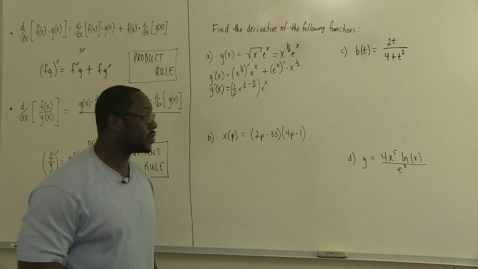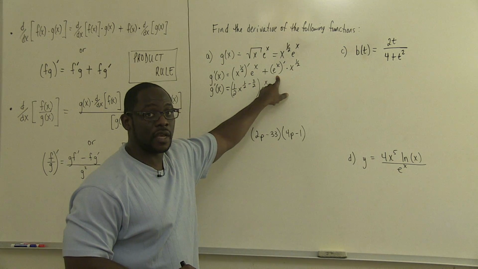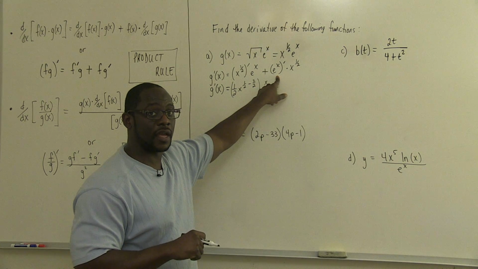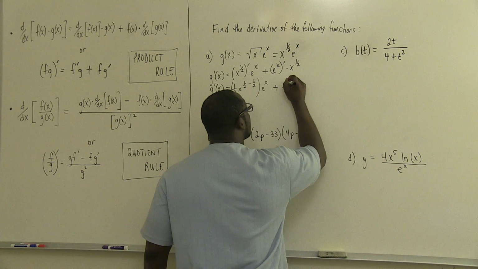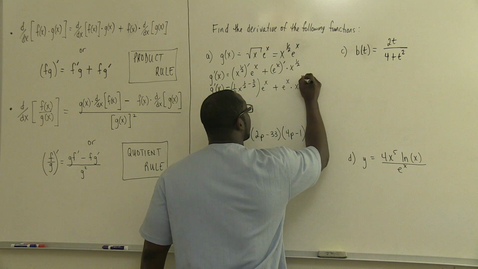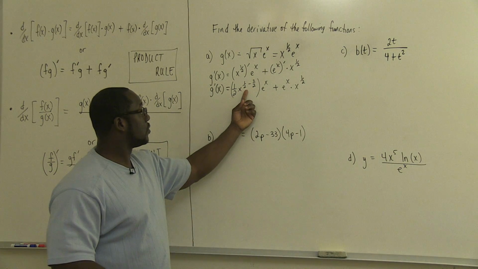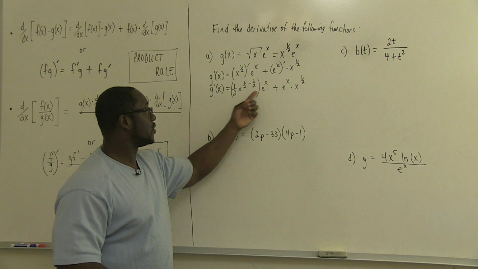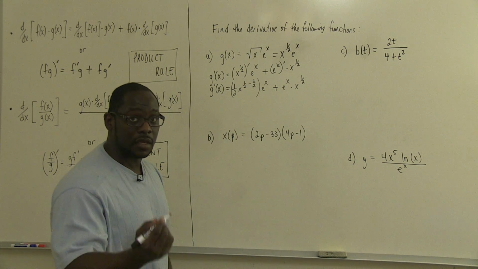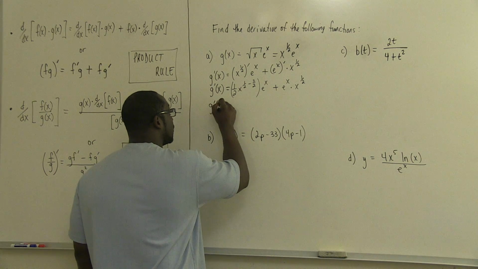e to the x, and then plus, here the derivative of e to the x, we learned from the last video that the derivative of e to the x is just e to the x times x raised to the 1/2. And so now here we see that this x raised to the 1/2 minus 2/2 is just going to be x raised to the negative 1/2. So on this next step,